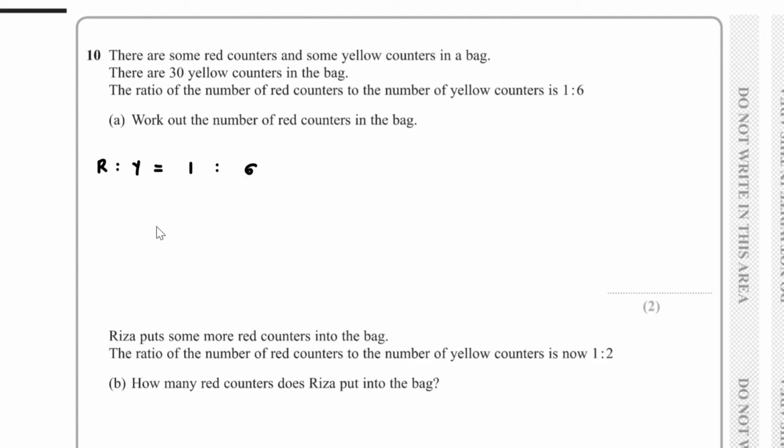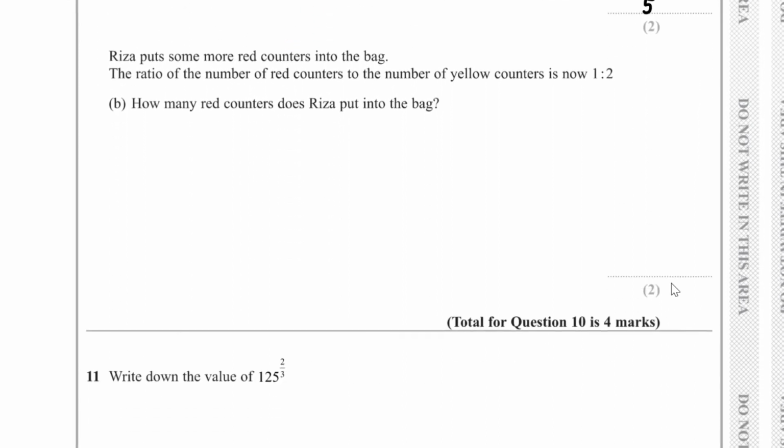And we were told that there's 30 yellow in the bag. So we've got 30 here. So to go from 6 to 30, we would have to multiply by 5. So 1 multiplied by 5 is 5. And therefore, the number of red counters we have in the bag is 5. For part B,